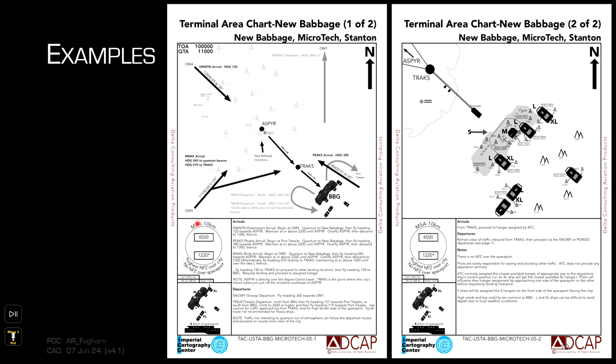The common ones: the dark arrows will be the approaches coming in. The gray arrows will be the departures going out, and you'll notice how they're procedurally deconflicted from each other. They each have a different name for arrival. So as you can see, in this example for New Babbage, you have the downtown arrival. If you're coming in from OM4, you're doing the rink arrival. If you're coming in from OM5, you're doing the peaks arrival, and if you're coming in from Port Tressler,